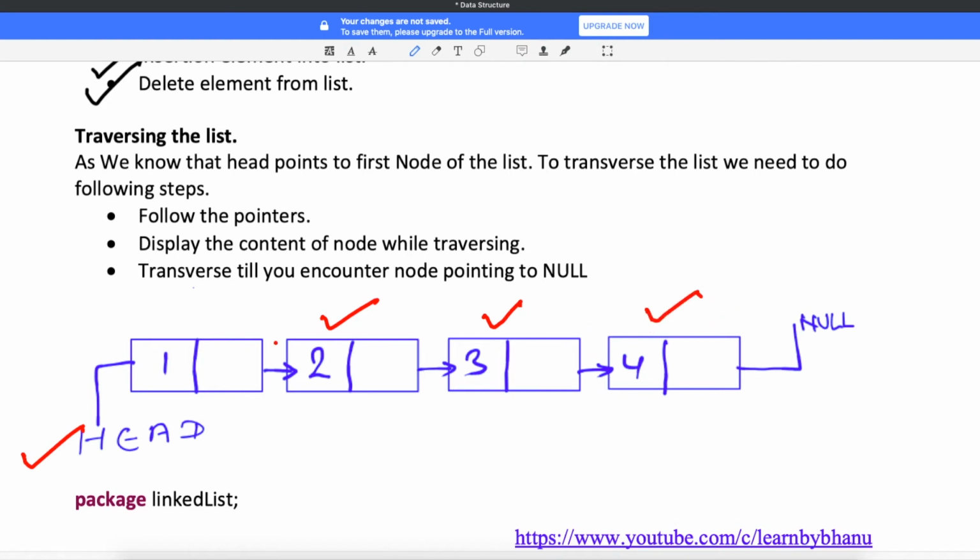Why so? Because every node has a reference of the next node. Though you are seeing these nodes in sequence, in reality in memory they will be scattered. It will not be like this, it will be somewhere else. Every node will not be in the same location. How do we identify? We identify because every node has a reference of the next node. I'm just representing it like this so you can understand. That's how we can travel through the list. I will not spend much time here because when I write the code, I'll explain each and every line and how it works.